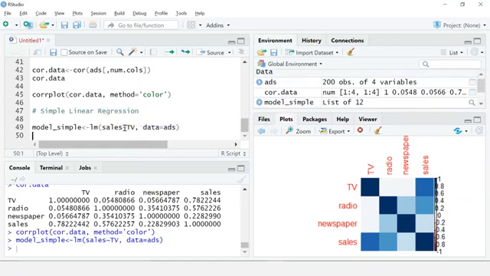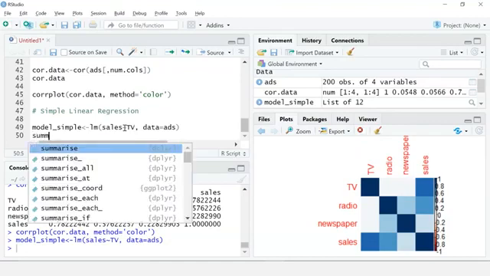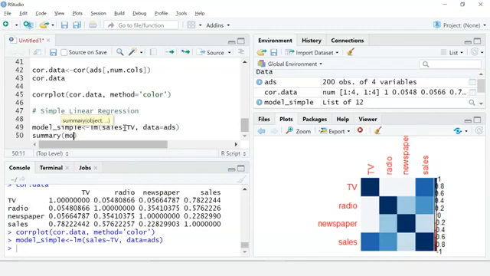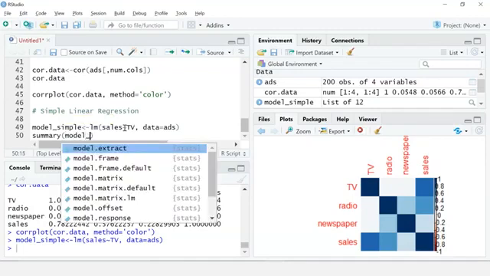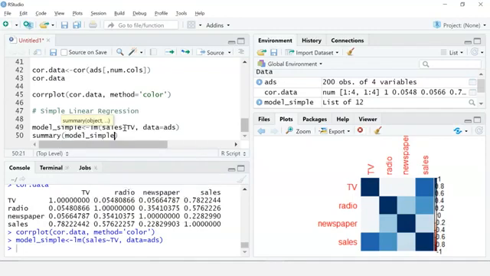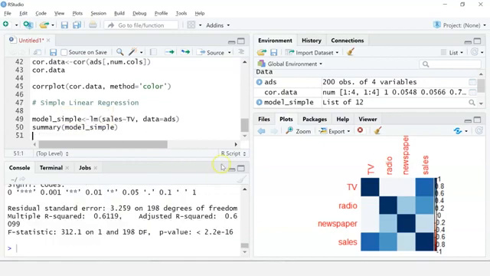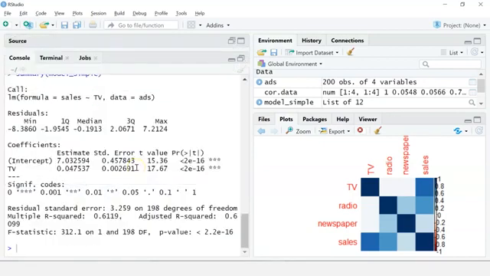Now that we have built our linear regression model, let's check the summary. Take the summary function and I'll pass in model_simple. Let me run it. Now if I expand this, you can see our intercept estimate is around 7.03.